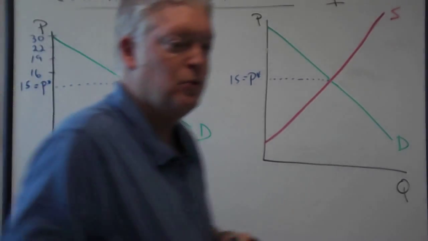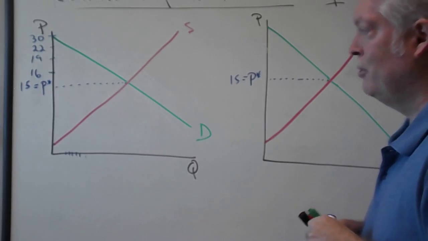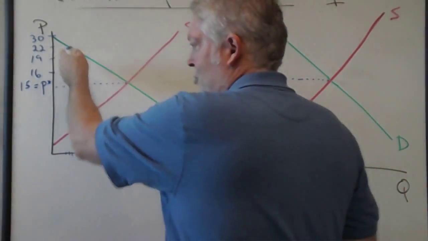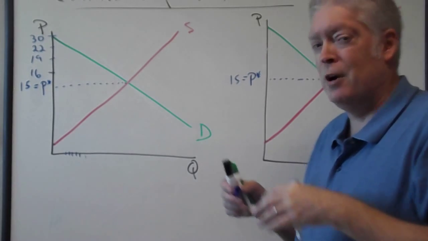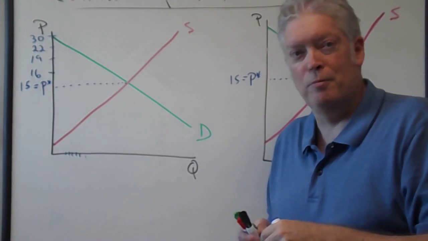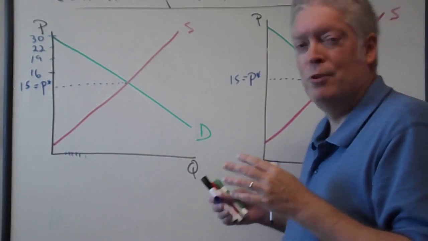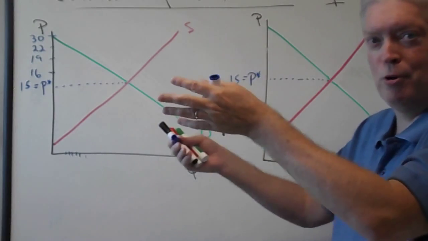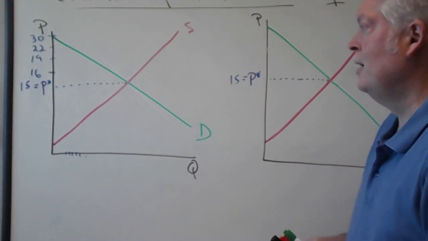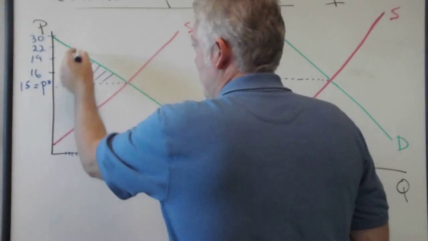But the fact that they're willing to pay a higher price, say $19, is what I would call something of a happy coincidence. And by the way, doesn't this ring home in our own experiences? We go to a store and plan to pay a certain amount of dollars for a good. We find that it's at a lower price than what our feeling was. And we don't go to the cash register and say, you know what, I was willing and able to pay you a higher price, so let me pay you the higher price. Nobody really does that.